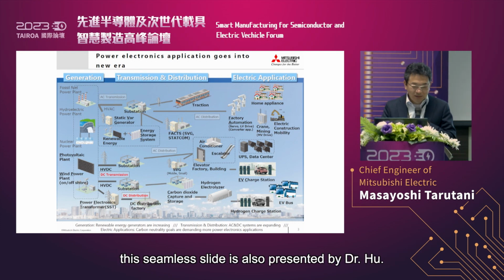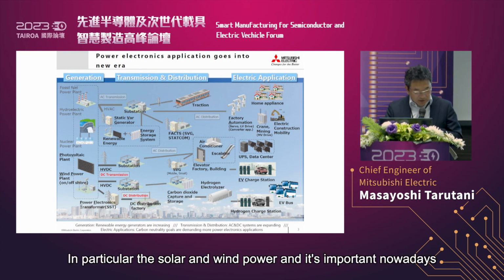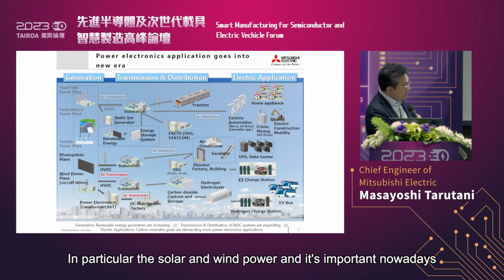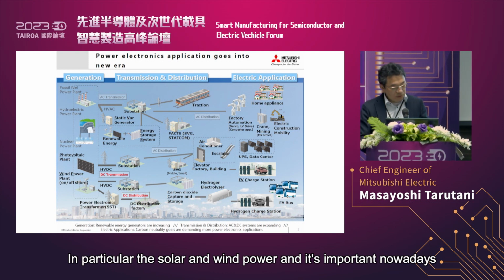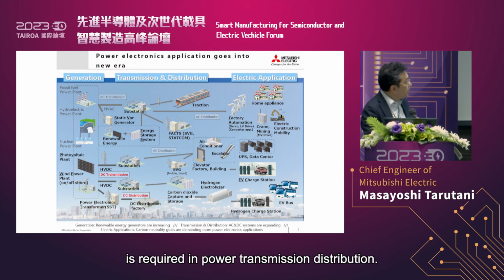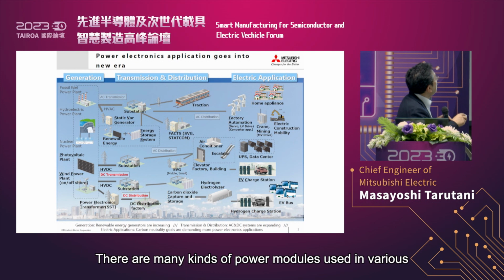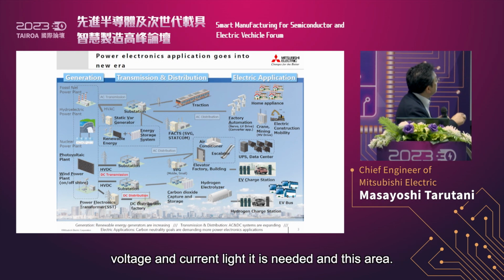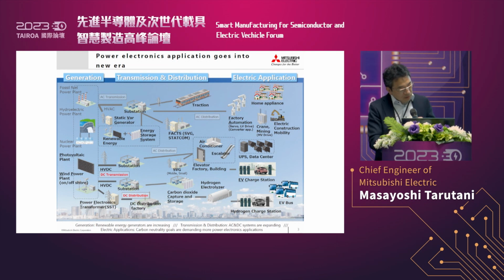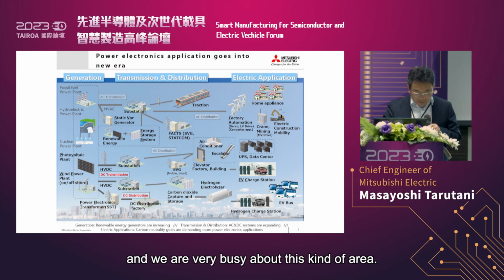This similar slide is also presented by Dr. Hu. In particular, the solar and wind power plant is very important nowadays. In addition, power conversion equipment is required in power transmission and distribution scenes. There are many kinds of power modules used, and various voltage and current ratings are needed in this area. In Mitsubishi, we are a power module manufacturer, so we are very busy in this kind